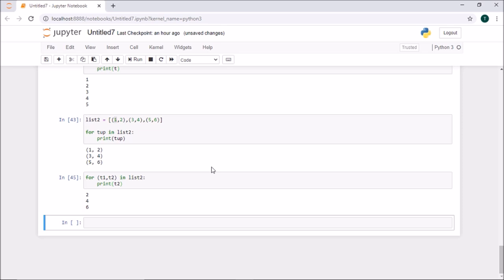Okay, so let me go with a dictionary and we can wind things up. Let me create a dictionary now. D is equal to, you use curly braces for a dictionary, right?